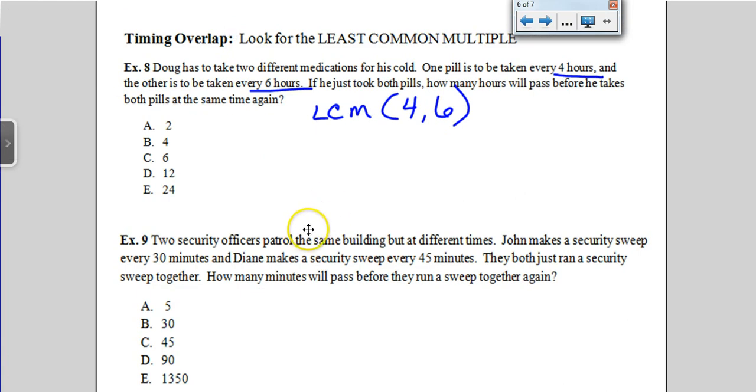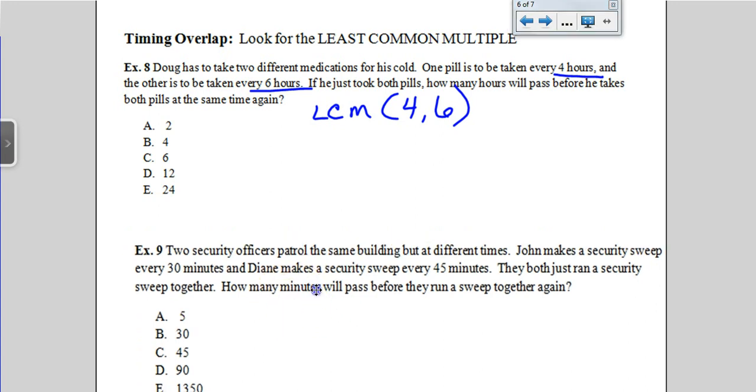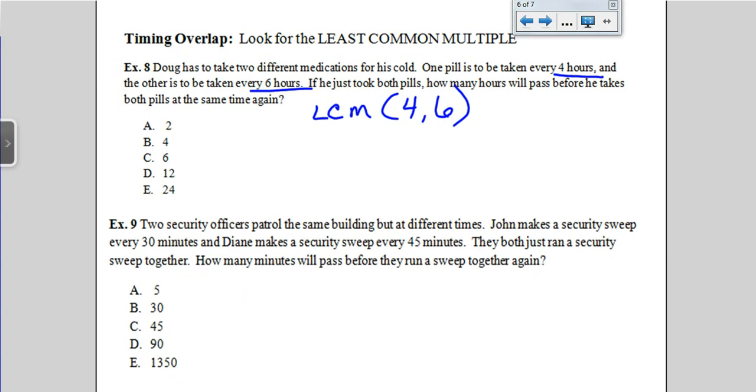All right, moving along. Two security officers patrol the same building, but at different times. John makes a security sweep every 30 minutes. Diane makes a sweep every 45 minutes. They just both made a sweep together. How many minutes until they go again together? So again, we need to find the LCM